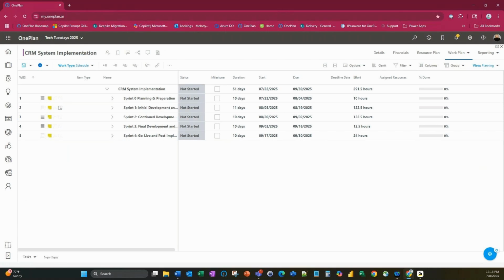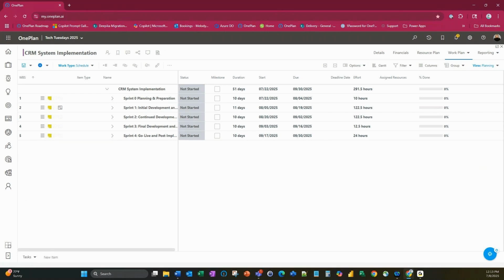The Agile implementation methodology here in OnePlan focuses on delivering business value early and often by organizing business objectives into sprints. OnePlan enables what we call shift left, meaning that business value is delivered early, with lower risk than traditional project methods.